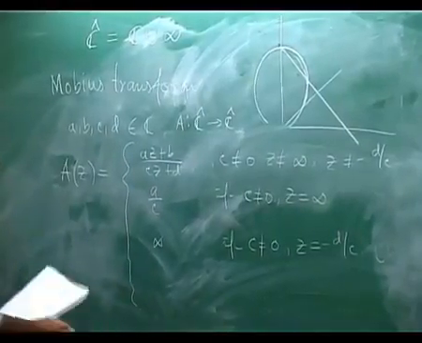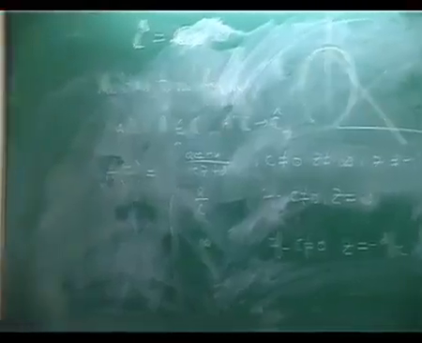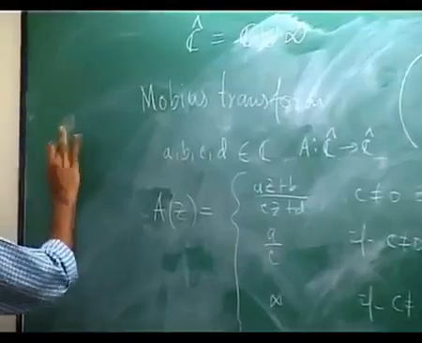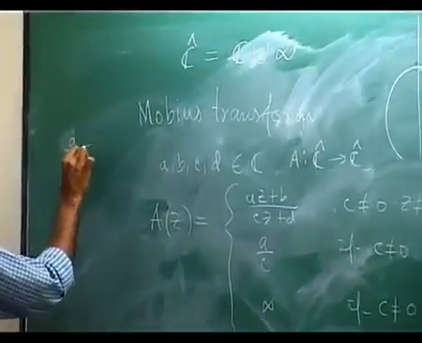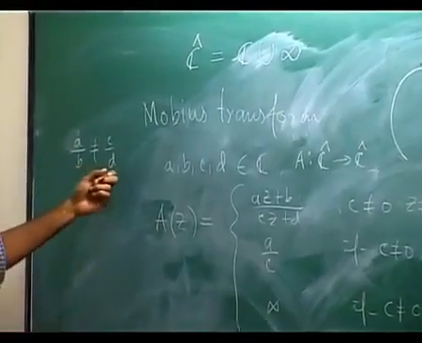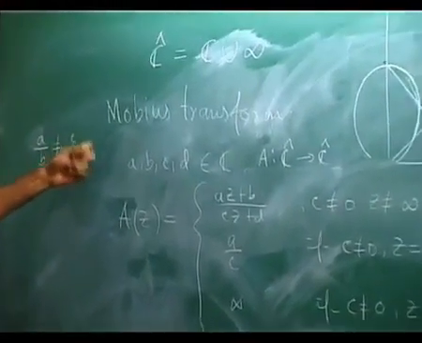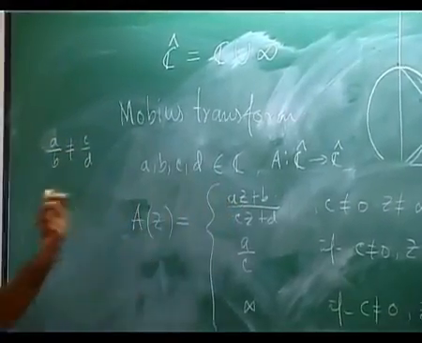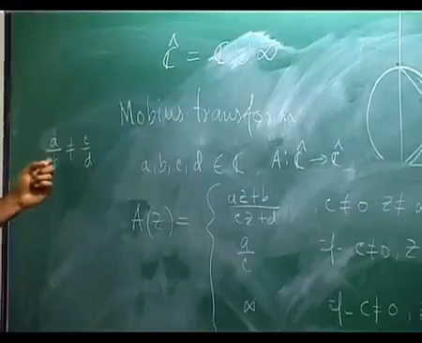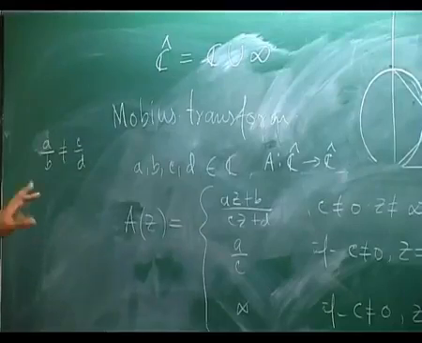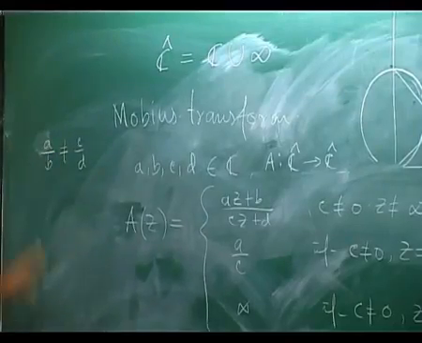Now the C equal to 0 situation. So if C equal to 0, we will also put another restriction that A by B is not equal to C by D. Because if these two are equal, then they are equal to some k, then this just amounts to multiplying z by k. So this is of constant proportion, so it doesn't give you anything other than just this multiplication by a complex number. So we would assume this condition.